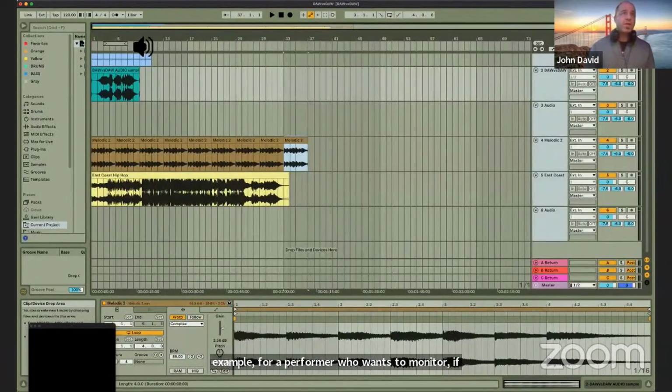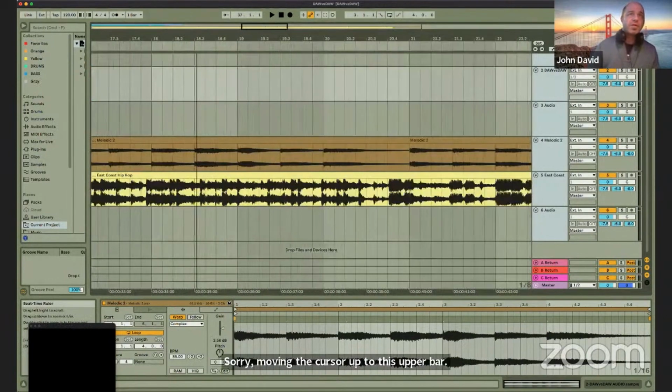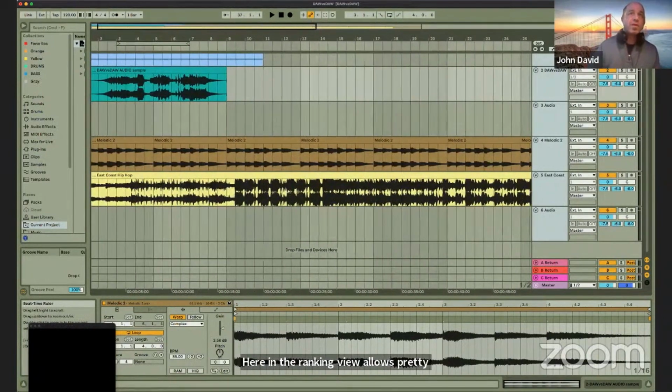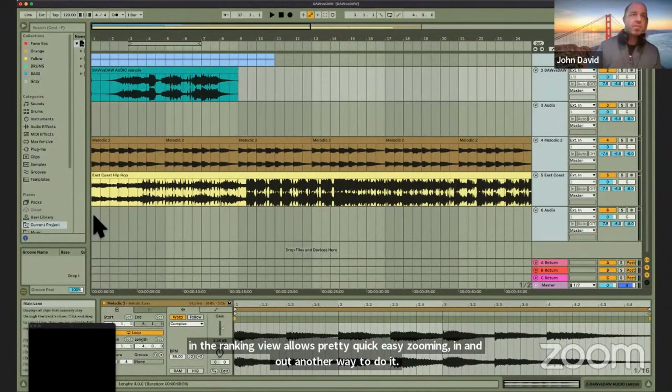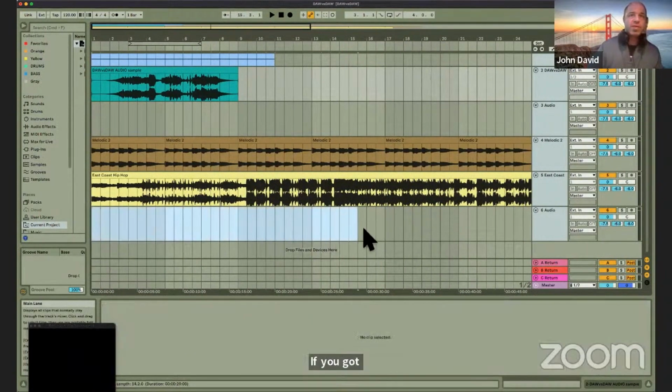If I want to zoom in on a section, moving the cursor up to this upper bar here in the arrangement view allows pretty quick, easy zooming in and out. Another way to do it, if you've got a clip that lasts for, say, the 30 seconds we're talking about,